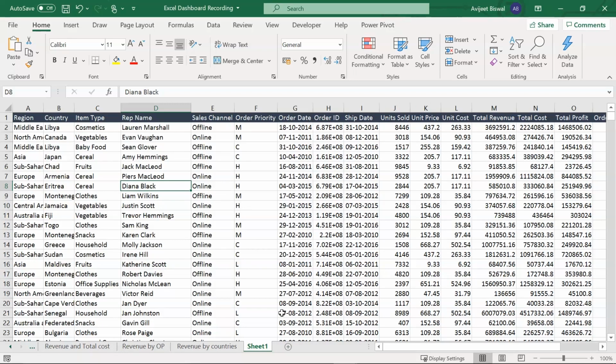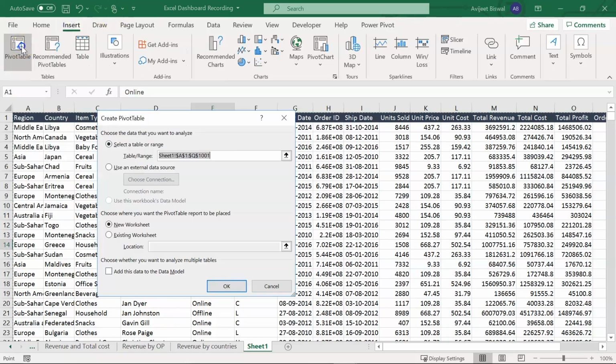So we'll visualize our revenue for different items present in the table. So if you see this, we have cosmetics, vegetables, cereal, fruits, there's clothes, snacks, households, and other products as well. So let's check the revenue for each of these items.